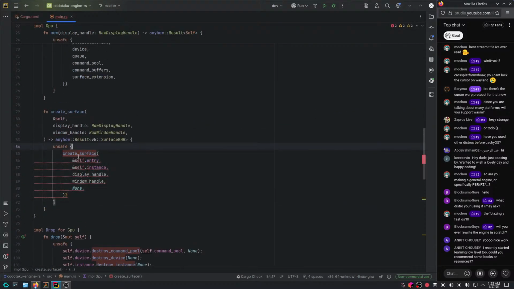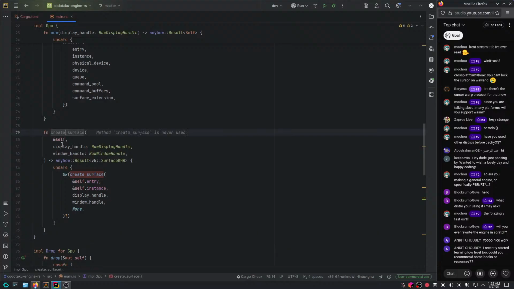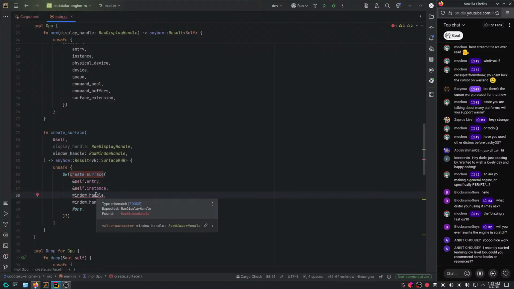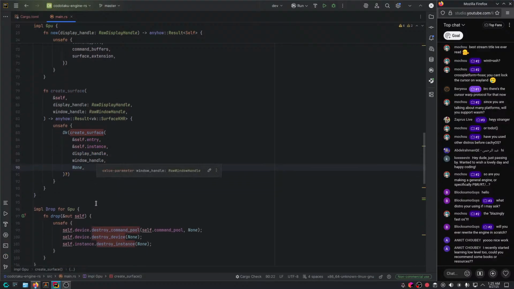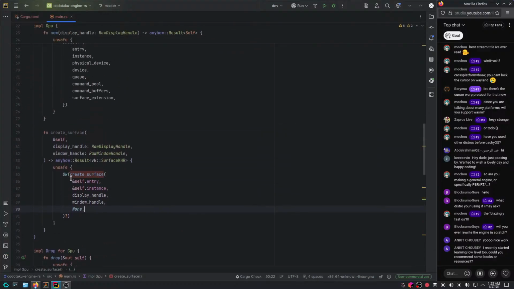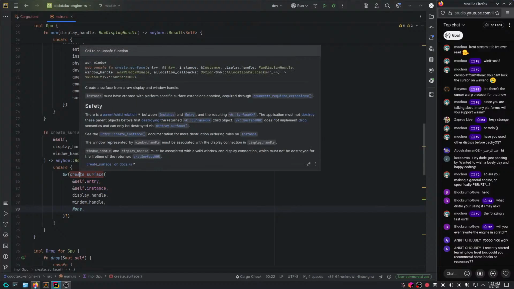Now expected anyhow results. Well, of course, because this should be like Ok. Alright, that's good. So create surface, you take display handle, window handle. Though, can't I just like pass in window handle here too though? Can't I? No? Apparently doesn't seem like it for some reason. Interesting. Alright. And that's basically it, I think.